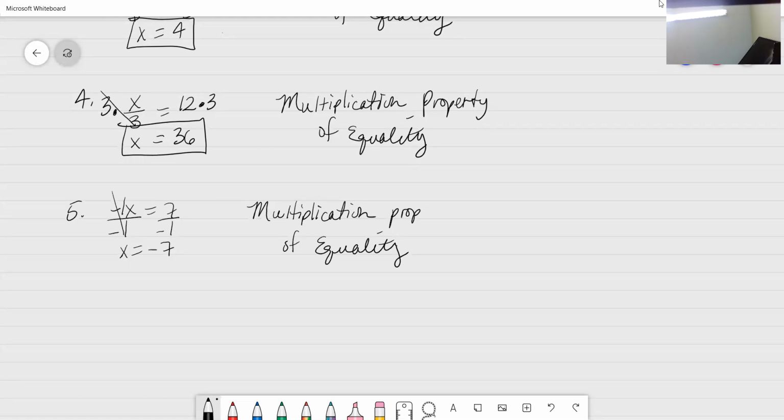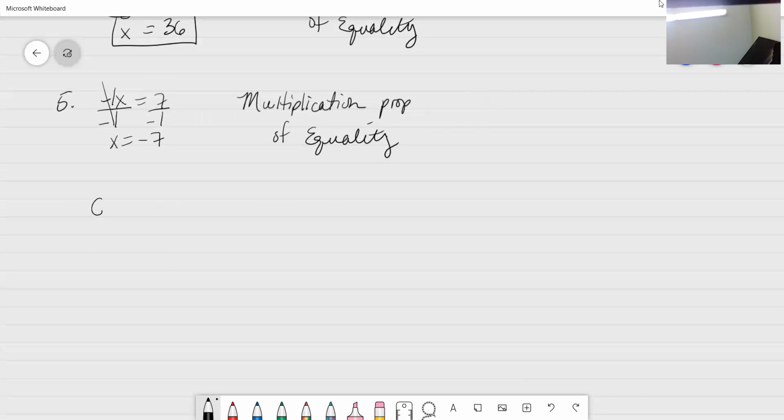Okay, so just to refresh you on these properties of equality, let's look at solving linear inequalities. If you remember from section 3.6, inequalities have an infinite number of solutions. You just have to figure out which direction on the number line you're going. Or in the case of a, x does not equal 4, then on the number line, you would include everything except the number 4. So if you look at example 1,